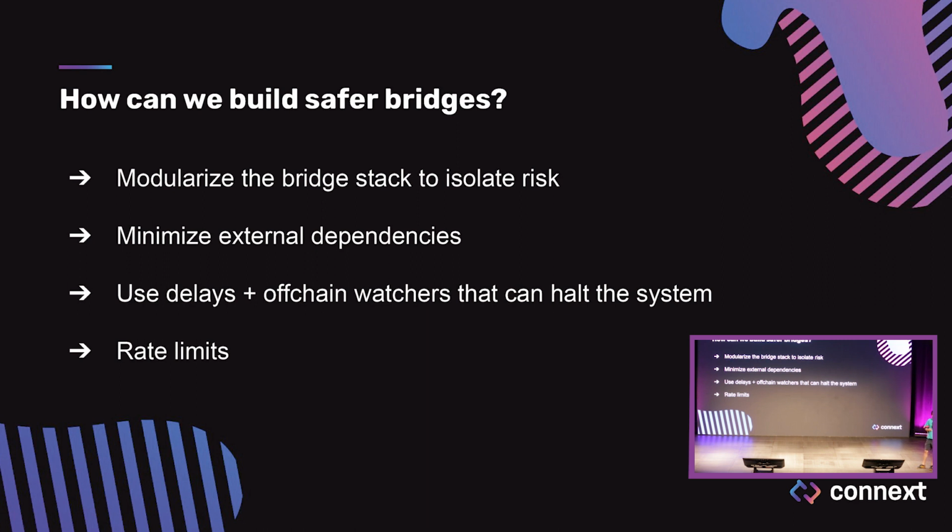But you can isolate the different pieces of the bridging stack to separate out transport, for instance, which is how do you get data from one chain to another, from verification, which is how do you actually check to see whether that data is correct to begin with. And when you separate out all of those pieces, you can do something really interesting, which is minimize the need for external dependencies. And basically what that means is reduce the need to go and interact with infrastructure that isn't already available and battle tested within a given ecosystem, right?